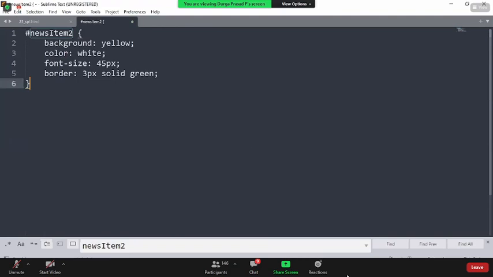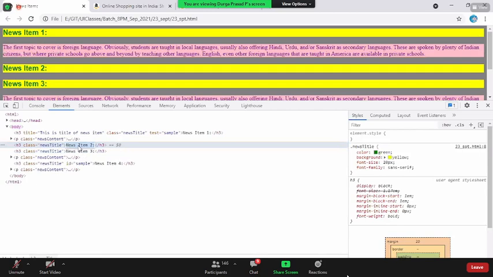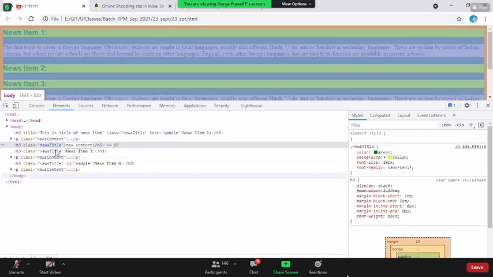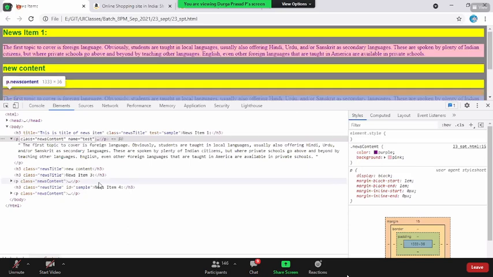If you are doing anything with the HTML, say for example, in HTML you are removing this paragraph tag. Under this H3, you are adding something called new content. And for this element, you are adding a name equal to some text. You are adding some new attribute. See, a lot of changes can be done.